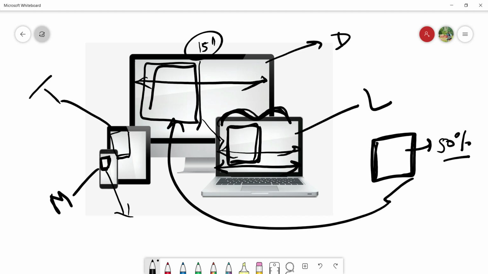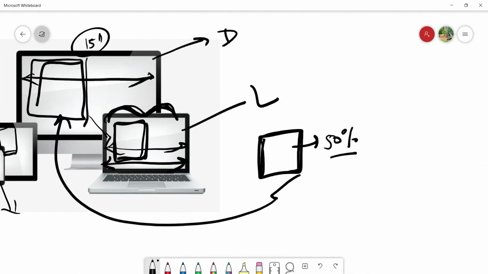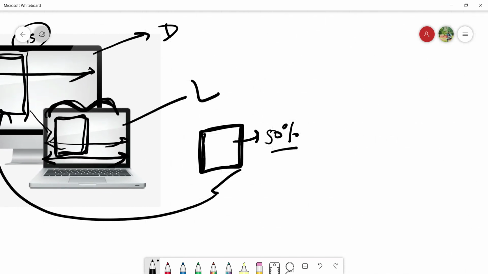Suppose a desktop has a resolution of like 2000 pixels, or HD quality, and we open the same website on a different desktop with lower resolution, then the width is different.